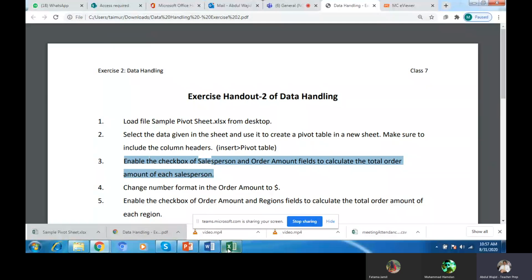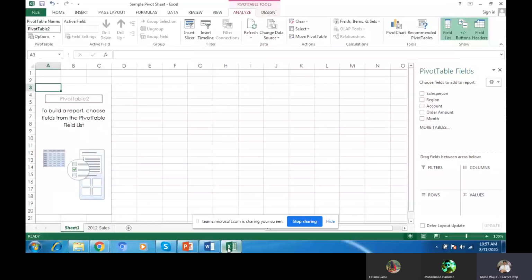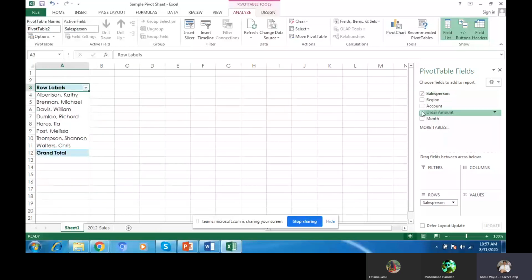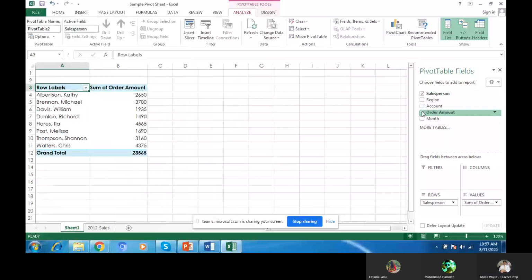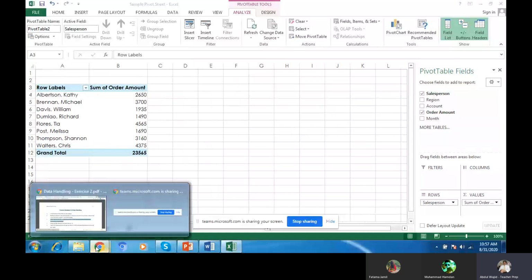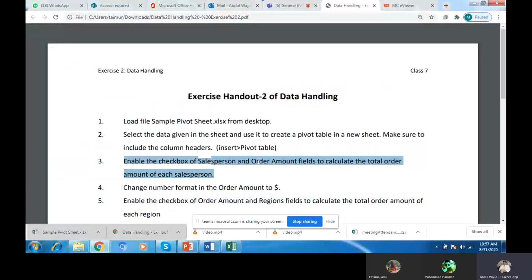We'll click on salesperson and also order amount. Okay, let's see. Yes, salesperson, order amount. Calculate the total order amount of each salesperson.